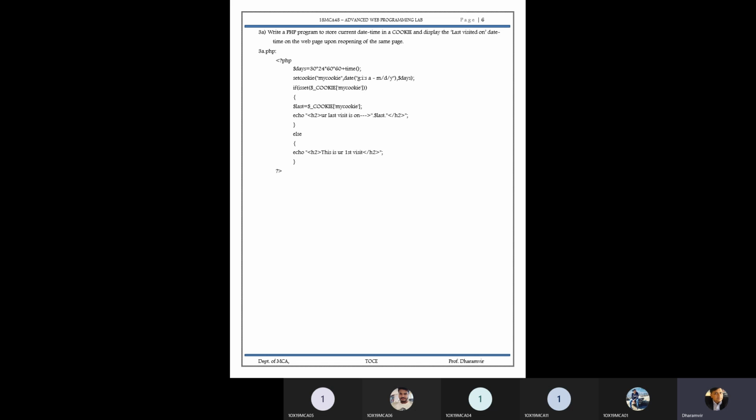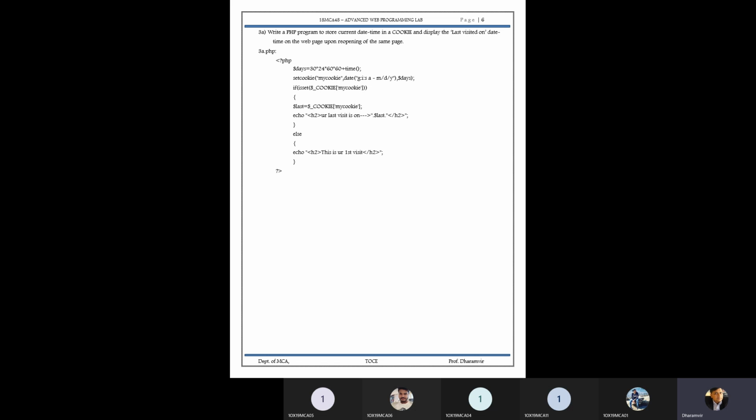So setcookie is a function that issues a value, used with the isset operator. So isset is going to count the cookie with the given cookie value. Once you check the isset cookie value, it can be counted with my cookie operation. Then we are able to see your last visit. How are they going to check the last visit? They check the value from my cookie. If the data is not stored, that means it is your first visit. This is a very simple program.